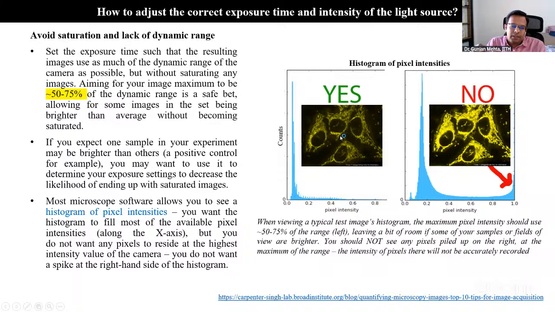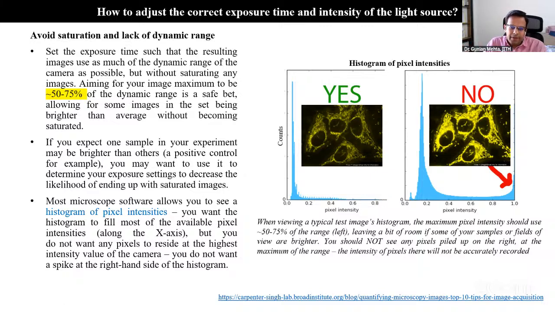So it has 256 gray levels, right? So 0 represents the completely black pixel, and 1 represents the completely bright pixel, with a fluorescence intensity of 255, because there are 256 shades for an 8-bit image. So if any pixel value goes beyond 1 or is at 1, that is known as the pixel being